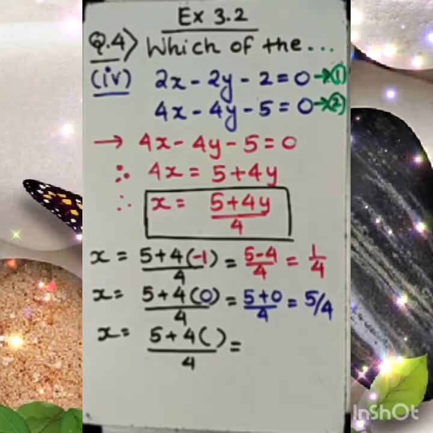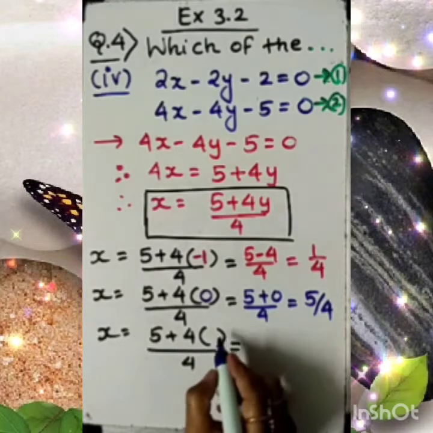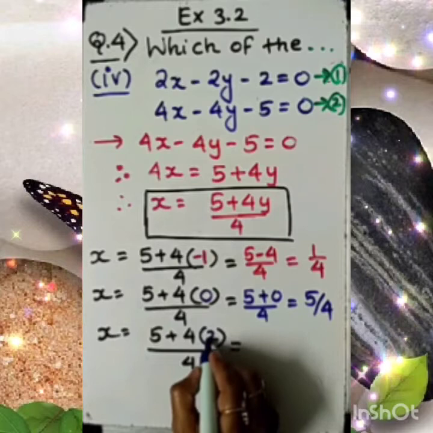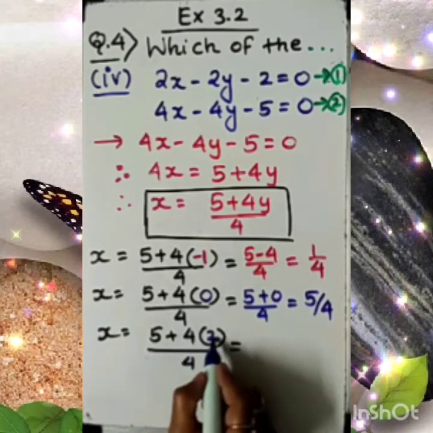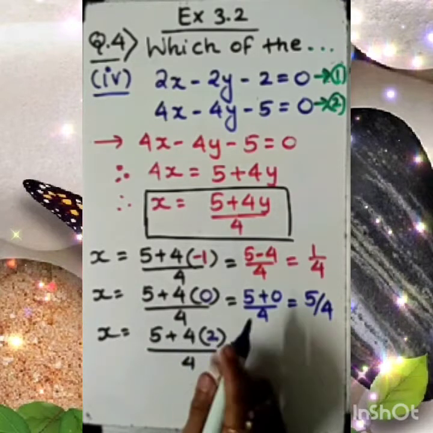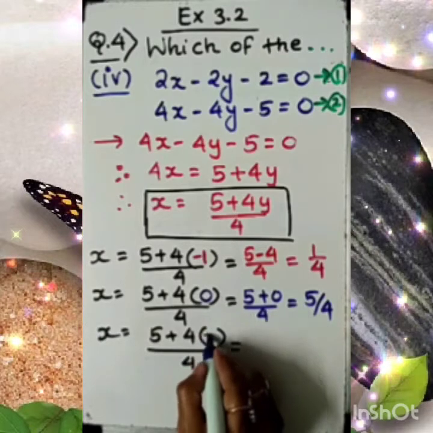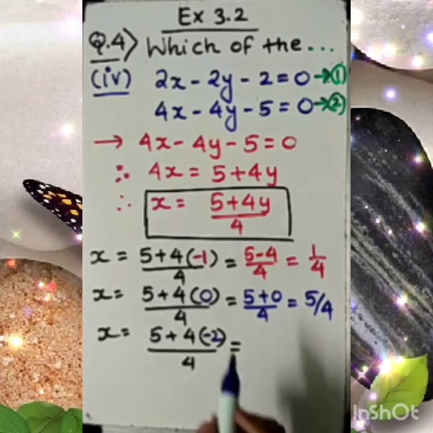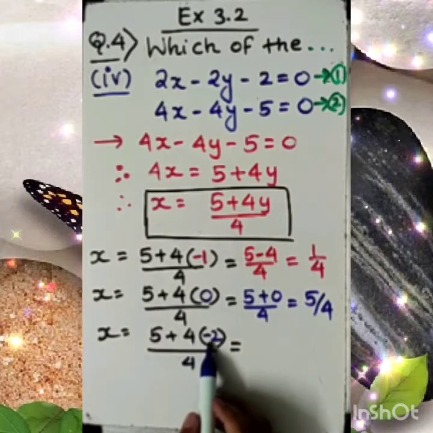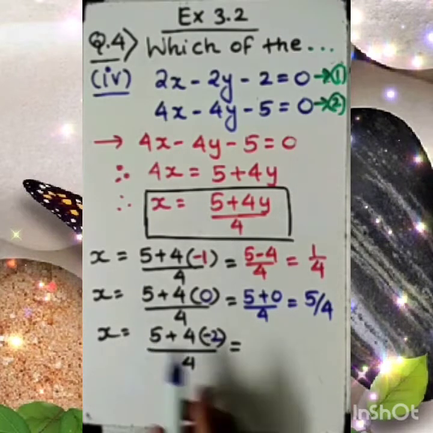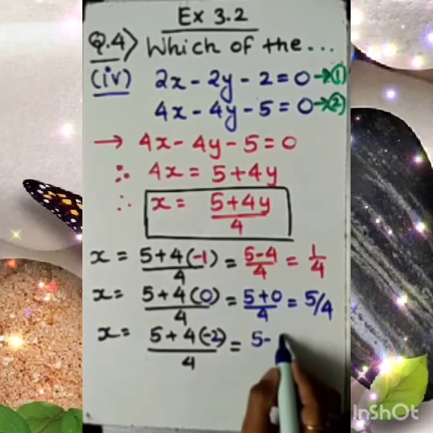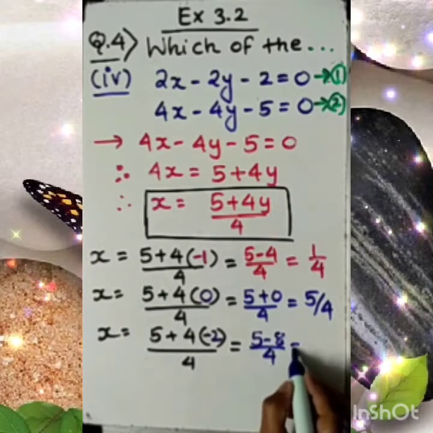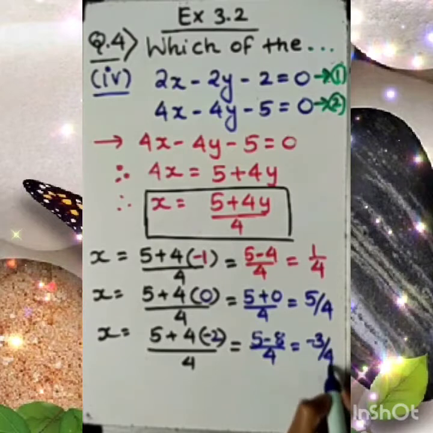Okay. Should we proceed for the 3? If I go with 2, suppose 2 I am choosing, so I should have here 4 twos are 8. I am choosing minus, so it will be easy for us. Okay, -2 I am choosing this time. So 4 into -2 is -8. -8 plus 5 gives the result -3. So the answer is -3 by 4. -3 by 4, as a decimal, is -0.75.